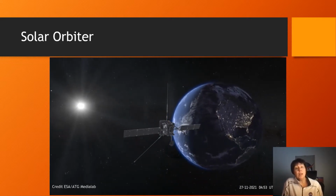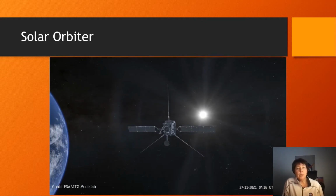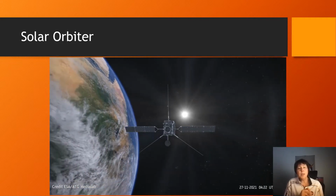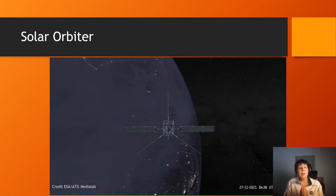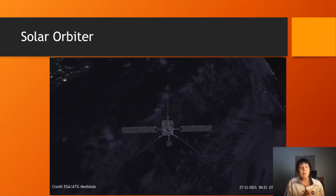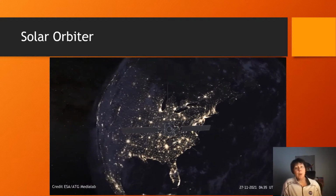In March of 2022, Solar Orbiter will make a close pass to the sun. Its first perihelion actually took place in June of 2020. But now the spacecraft is getting ready to do its second closest pass, providing a significant boost to the science that we can achieve. So Solar Orbiter does not go as close to the sun as NASA's Parker Solar Probe,